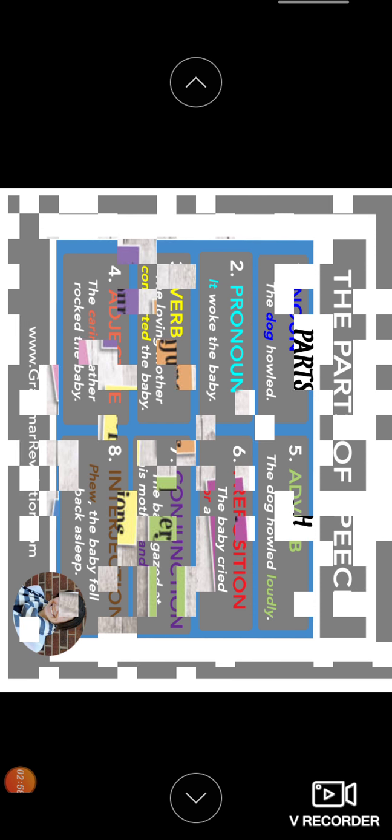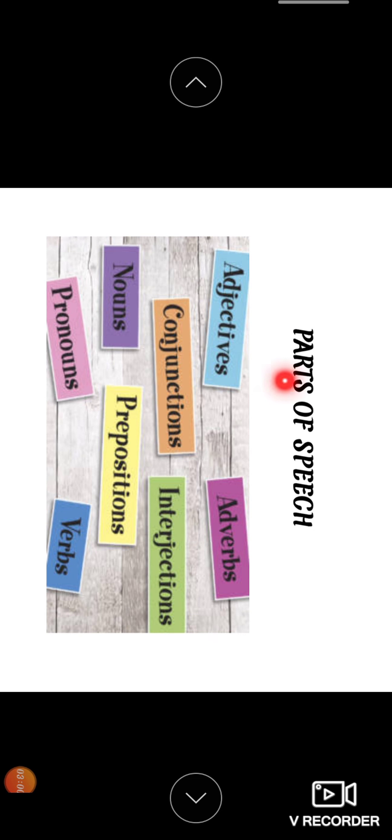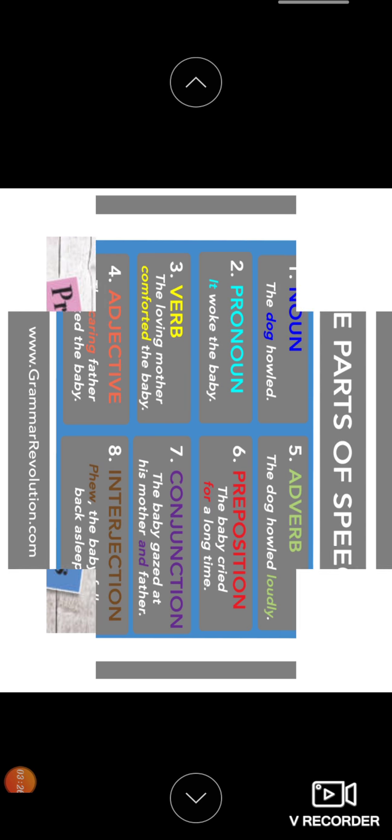But before that, children, I just want you all to learn by heart all these 8 parts of speech, and the spellings of all the 8 parts of speech. You should know how many parts of speech there are, and their spellings. Okay, and it's my humble request, please do learn it and be perfect. So all the spellings you have to learn: adjectives, adverbs, conjunctions, interjections, nouns, prepositions, pronouns, and verbs. Make sure that you are perfect in these spellings, right?